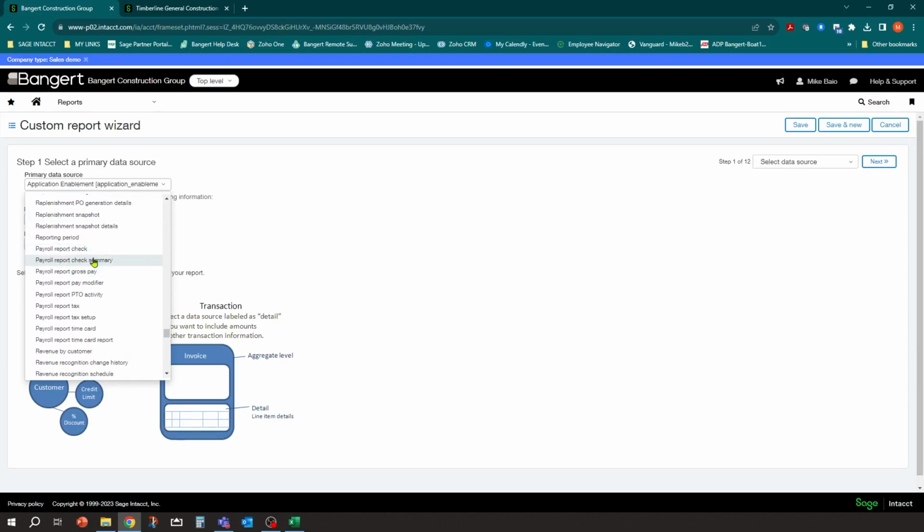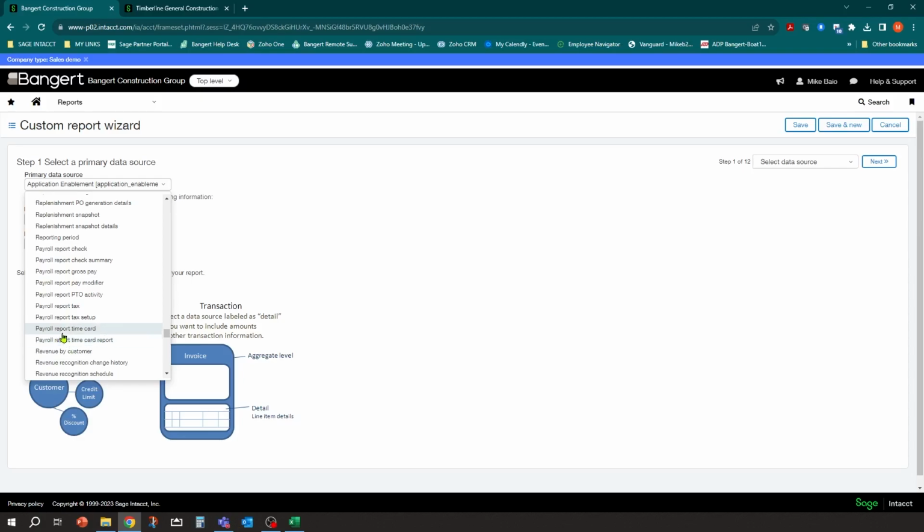Okay, we're good. All right, so you'll see here's all those tables that we looked at in the security permission area. So this is going to be the biggest step for the process in creating this report, is starting with the right table. So you always want to start at the most detailed, or one of the most detailed areas of the system, and then just like the other areas, they will create the related tables for you automatically.